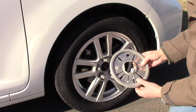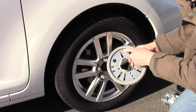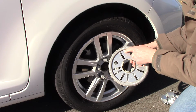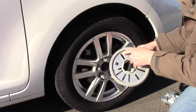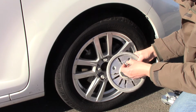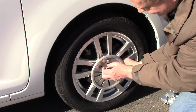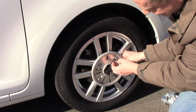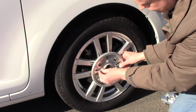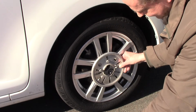are marked. You can see there's a 5 or 4 or 3, and that means that slot is used for 5 lug nut car, 4 lug nut car, or 3 lug nut car. Obviously this is 5, so we'll start with that, and find all the holes that say 5 lug nuts in them. That one says 5, this one says 5. This one says 5